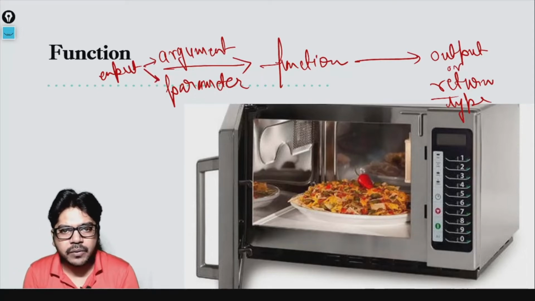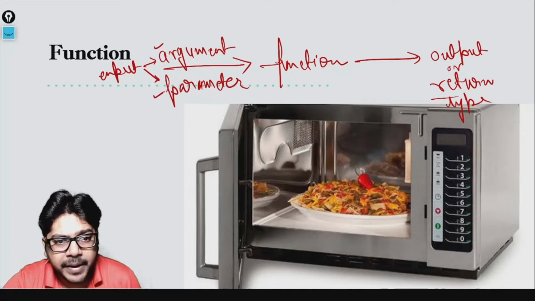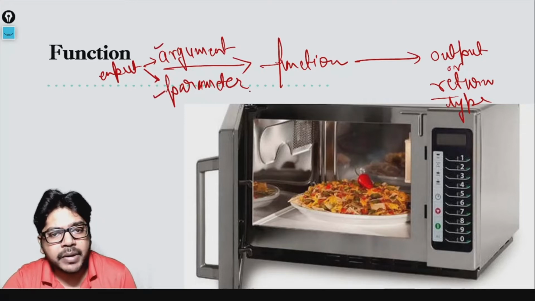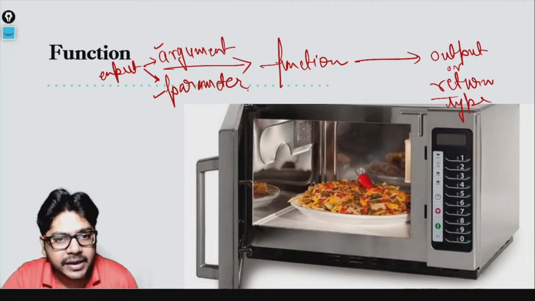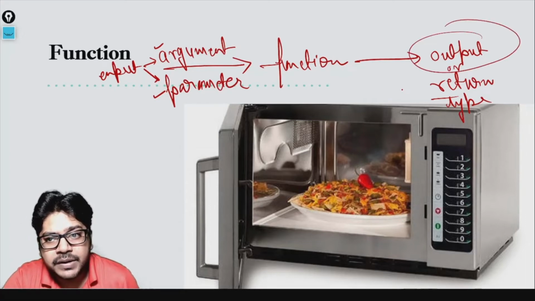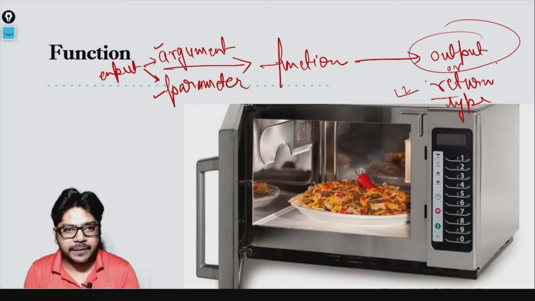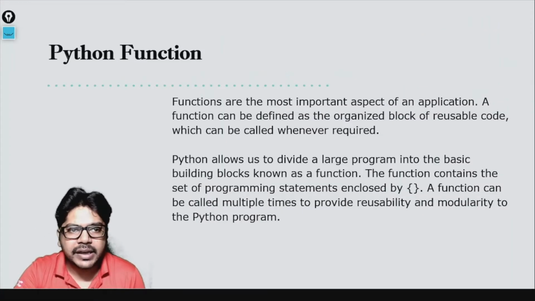So what is a function? It is a block of code which performs a specific task and it can be reused. It takes an argument or a parameter, where the number of arguments, how many items it needs, may differ. If I talk about a sandwich maker, the number of arguments was different: bread, lettuce and tomato, 3-4 arguments it takes. Oven, it takes 1 argument. Blender, it can take multiple arguments, right? But it returns you one thing, which is an output, called the return type of a function. Now I hope that you have a better understanding about function. Now let's understand the technicality behind it.